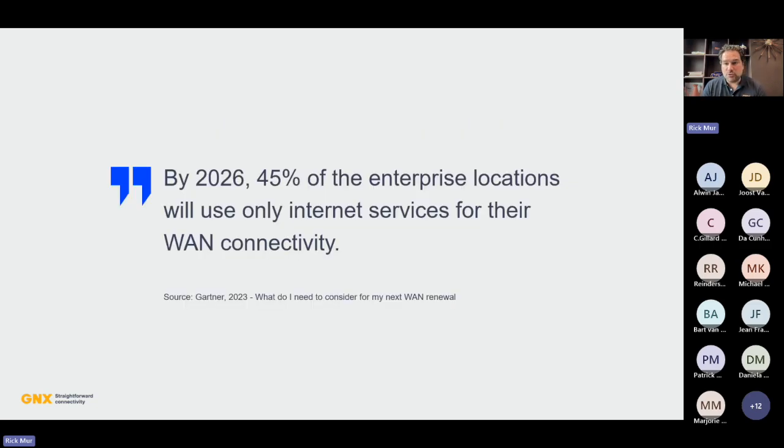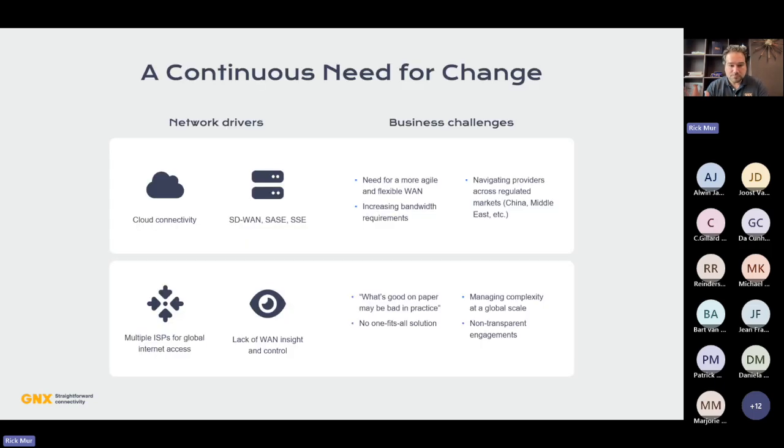By this research already from 2 years ago, Gartner already said by next year, 2026, about half of enterprise locations will only make use of the internet for their external connectivity. That's a big change. If we look back a few years, like early 2020s, that was not the case. We were talking to a lot of customers that were still looking at internet as a sort of backup scenario where they would run their SD-WAN offerings off. But as I said, next year we expect about half of large enterprises to only use internet for their WAN services. And like I said, that changes the landscape, how these services need to be configured, need to be procured, and need to be looked at and designed.